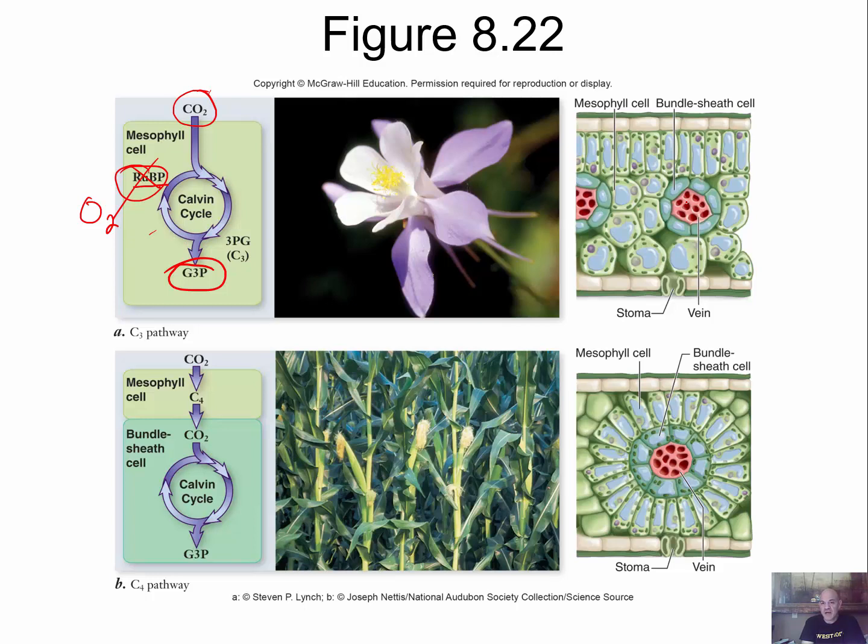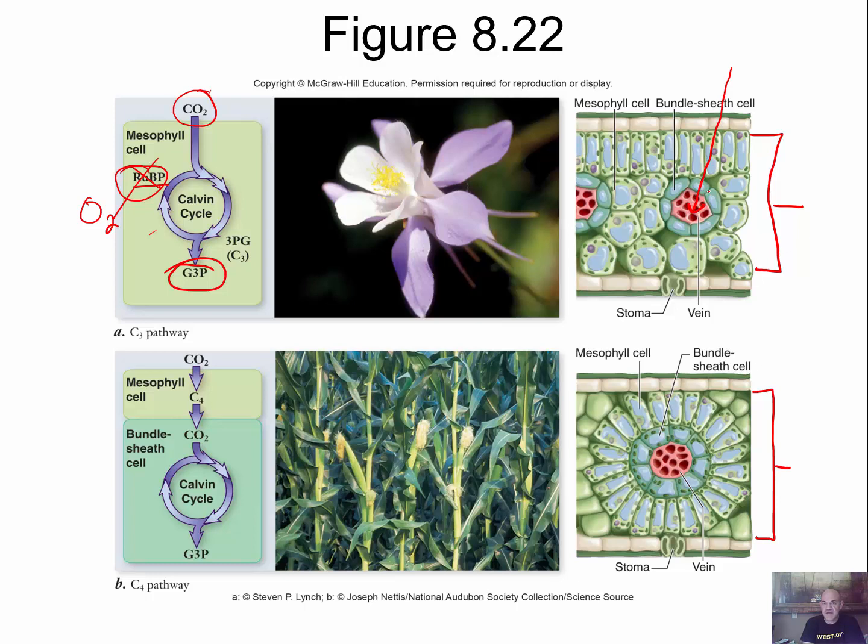And so what we're going to see with the C4 pathway is they're still going to use the Calvin cycle, but we're going to push the Calvin cycle away from where there's high oxygen levels. And to do that, there has to be a difference in the anatomy of the leaf. If we look at the mesophyll, which is the middle of the leaf when you translate that word, and you look at the mesophyll of a normal C3 plant, up here you can see there's differences right around where the